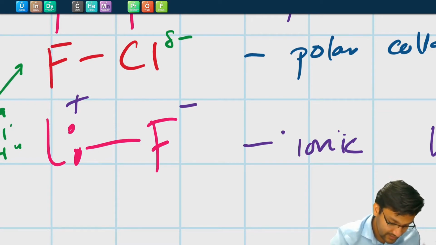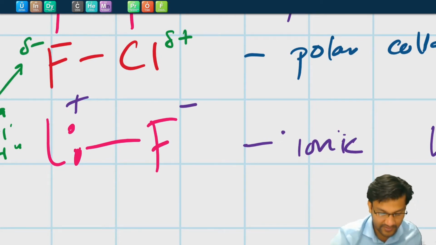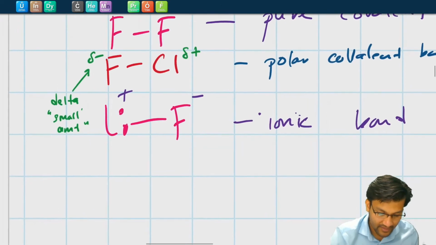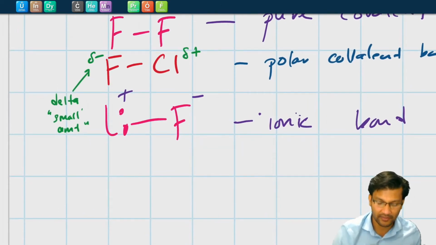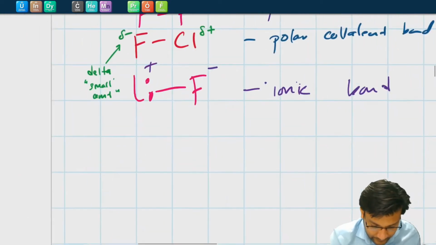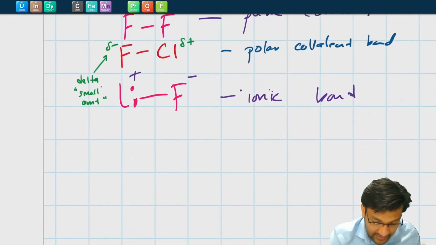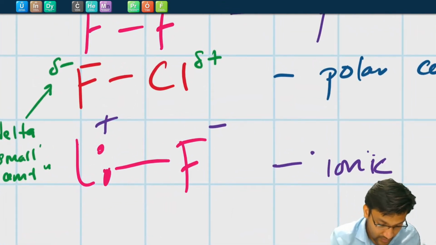There we go. Slight negative charge here because it pulls on electrons a little bit more, and so chlorine will have a slight positive charge. You have an extra negative charge here because there's a little bit extra electrons on the fluorine. All right. So in this case, because there's a slight pull of electrons towards the fluorine, we'll have what we